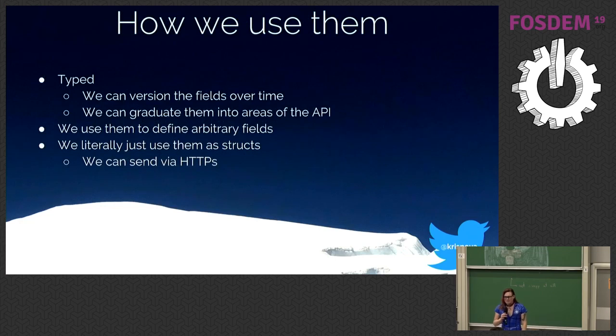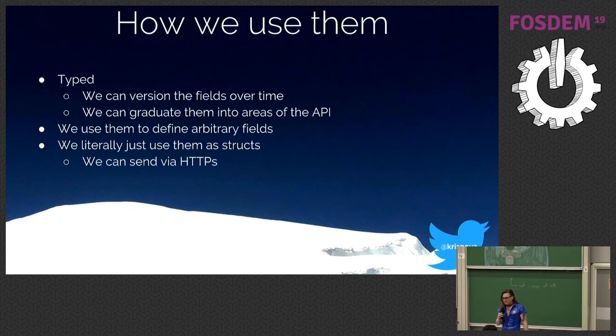Okay, so how do we use these objects? Because they're typed, we can version the fields over time, which I mentioned earlier, meaning that as we're changing our fields, we can put in those backwards compatibility guarantees. Furthermore, we can graduate them into different areas of the API. So everything in Kubernetes starts off in alpha, and we can move that into beta, and we can ultimately retire that if needed, and we can advertise that to the community